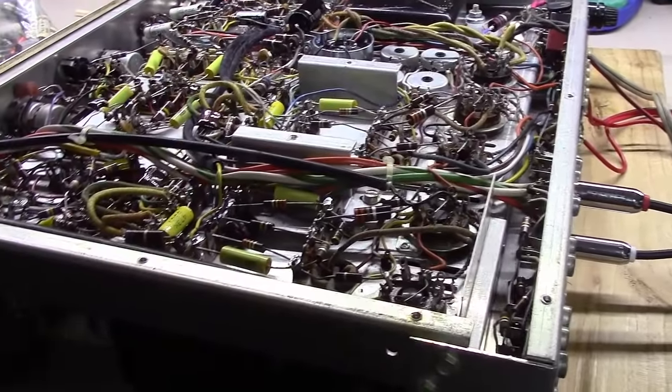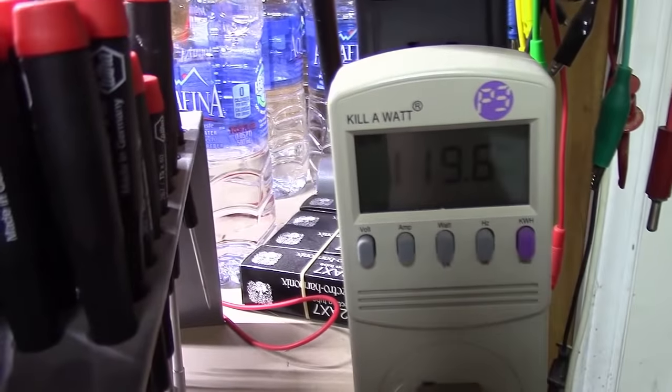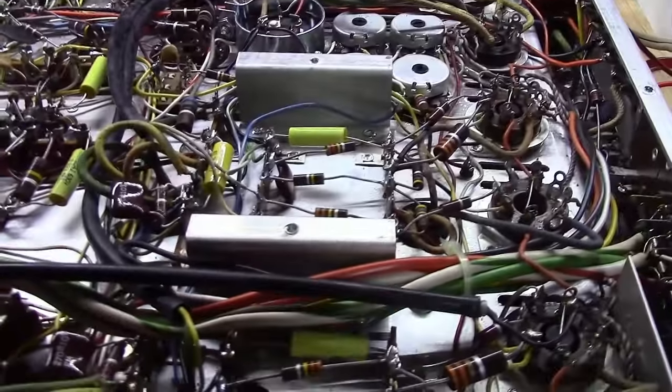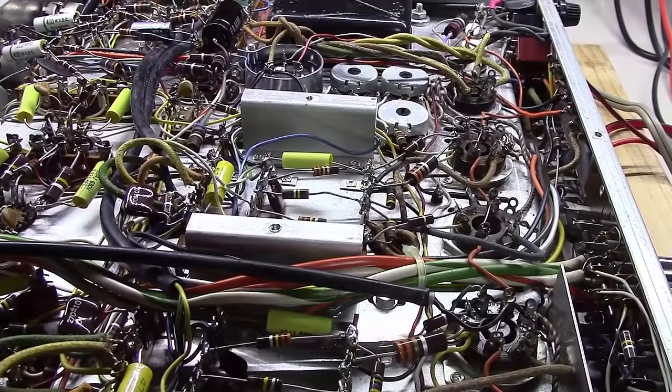Okay, we got the Variac slowly up to about 100, and we're sitting at 119.8 volts right now. And you know, I slowly brought this thing up, somewhere around 85 volts is where it started. I could start hearing music a little bit, but